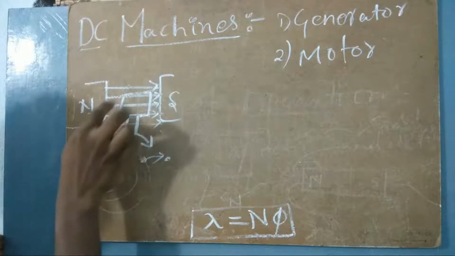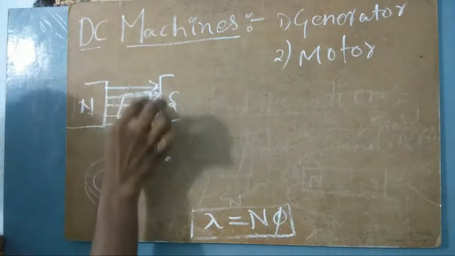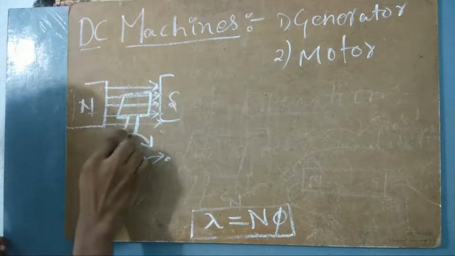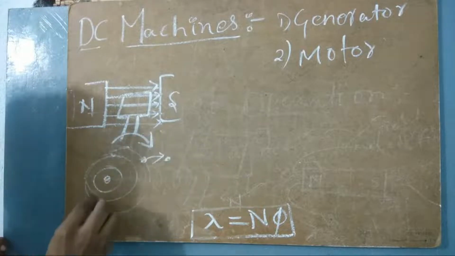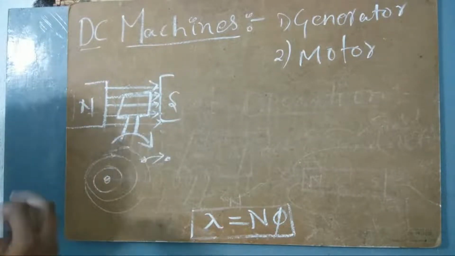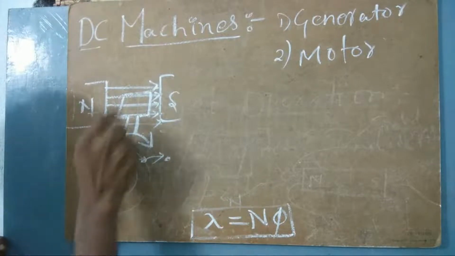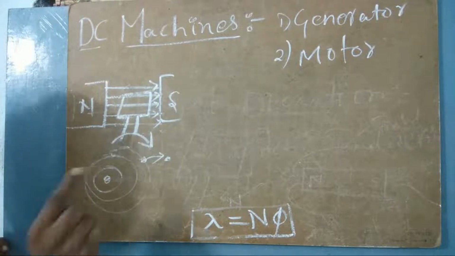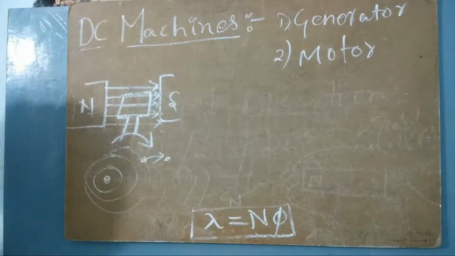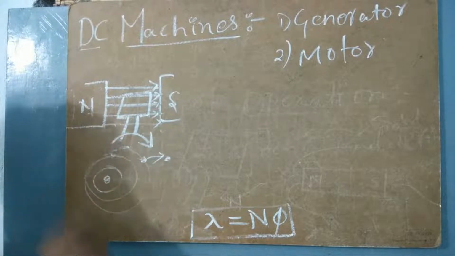So this electron has to flow in a certain direction, that we will talk about in the next lecture. When this is rotating in some direction, only then will this electron get that energy. Why? Because this has to disturb this magnetic field, and only then will this conductor and this magnetic field interact with each other. Without interaction, what would happen? Nothing would happen. So when this is at rest, nothing would happen.